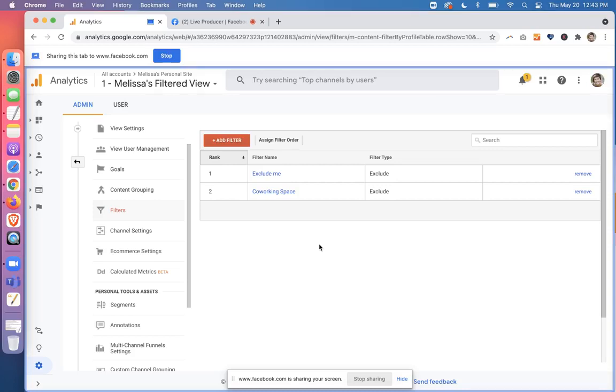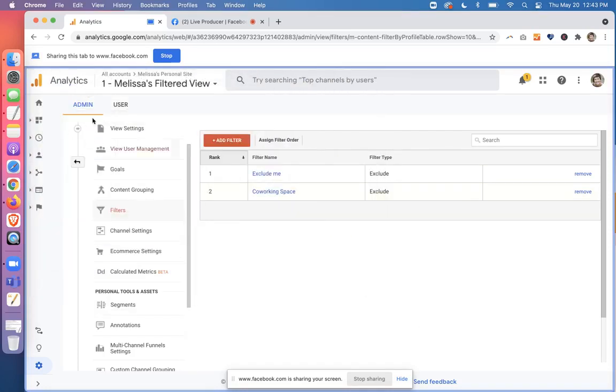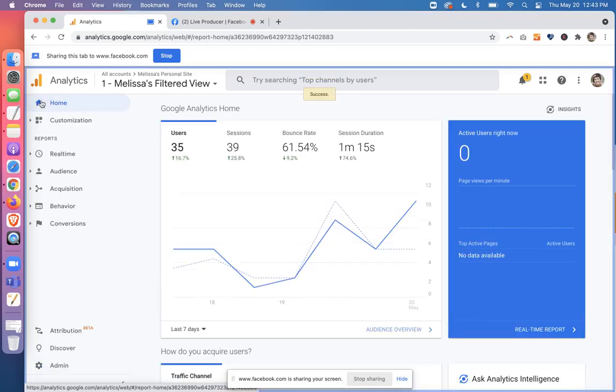So then I know that the information coming into my filtered view, all the analytics that I will see, is just a filtered view of what's probably happened in the last week or so. I will know that I haven't included myself. So this is important. Keep your original data, create a new view, and then put on the filters excluding